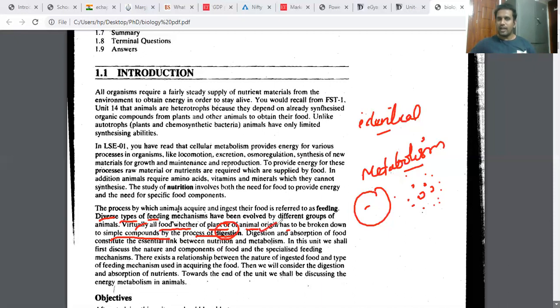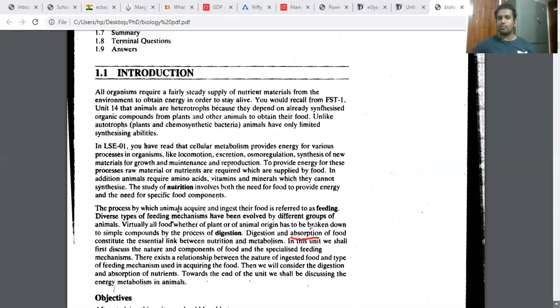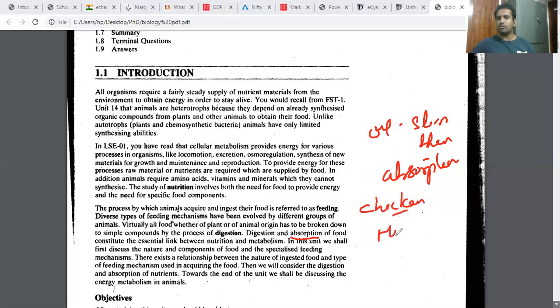The moment digestion happens, the story does not end there. You need to also go for absorption. Many people have this problem of absorption also. Absorption is a disease also. Some people eat a lot of oily food, but they are still slim and thin. How is that possible? Because they are not able to do absorption. Some people take chicken and all, but still they don't have a good muscular body.